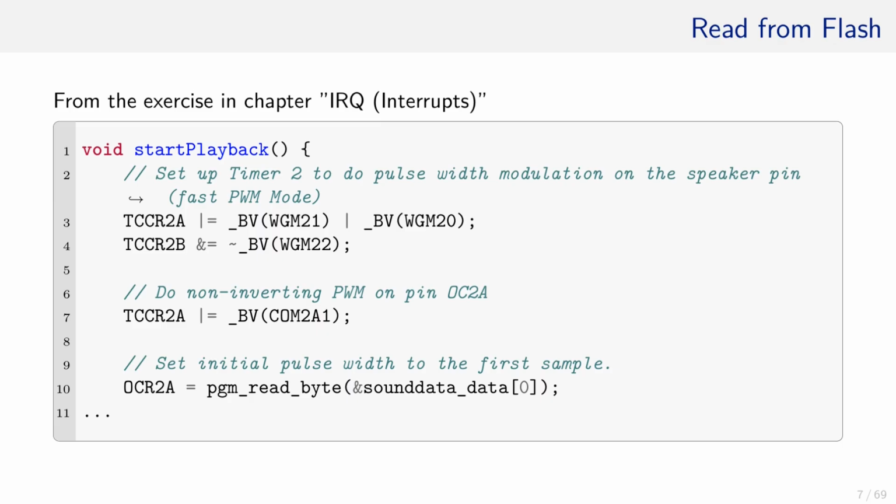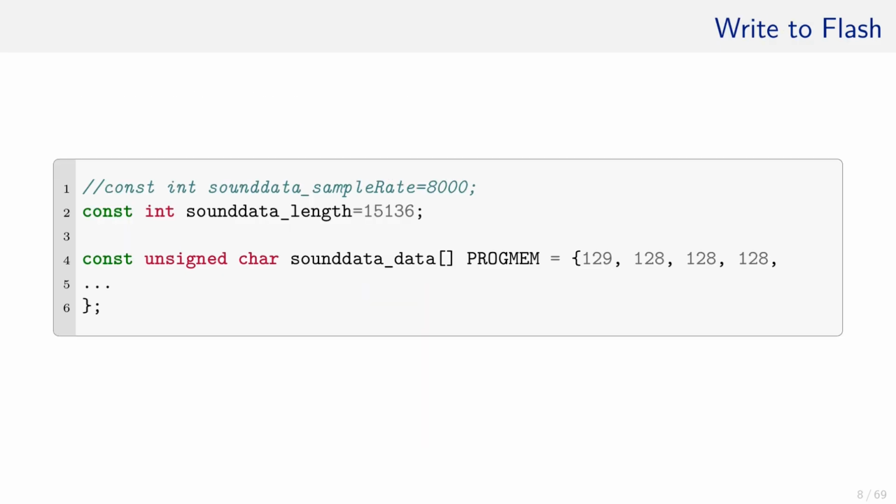In the chapter about interrupts, we already used this functionality to store the sound data in the flash, since it is read-only anyway and would not have fit into the SRAM at all. The function pgm_read_byte then reads the data from the array, here the first element. This function expects the address of the element to be loaded. And all elements were stored in the array